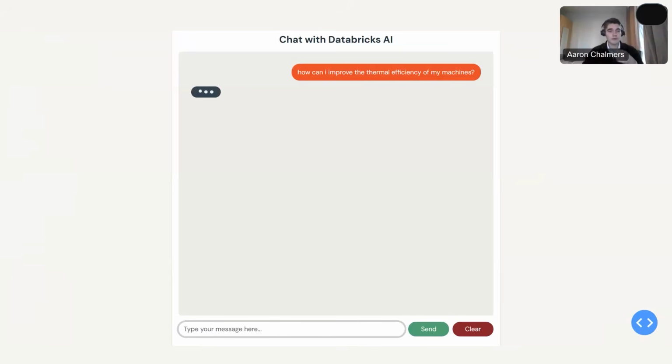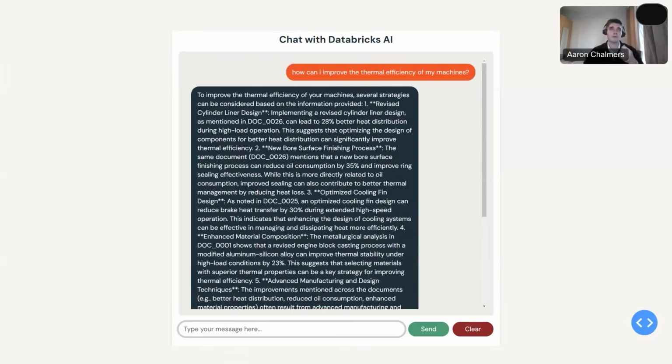What this is doing is this will query your documents and find a result to best answer your question. And here you can see the model has responded. To improve the thermal efficiency of your machines, several strategies can be considered based on the information provided. It has then returned the documents which it has cited and the information from those documents. This allows users to query documents fast and efficiently, improving knowledge management and leading to faster and more effective responses